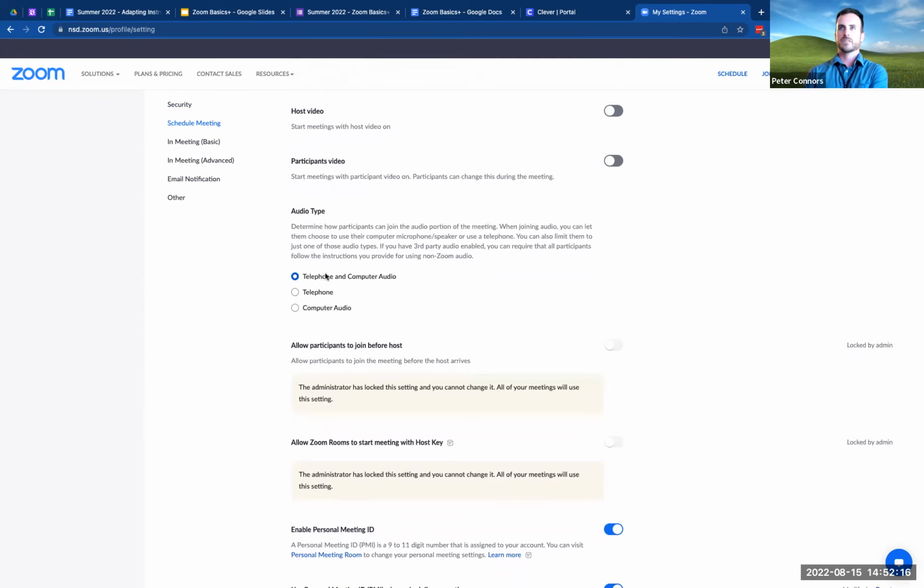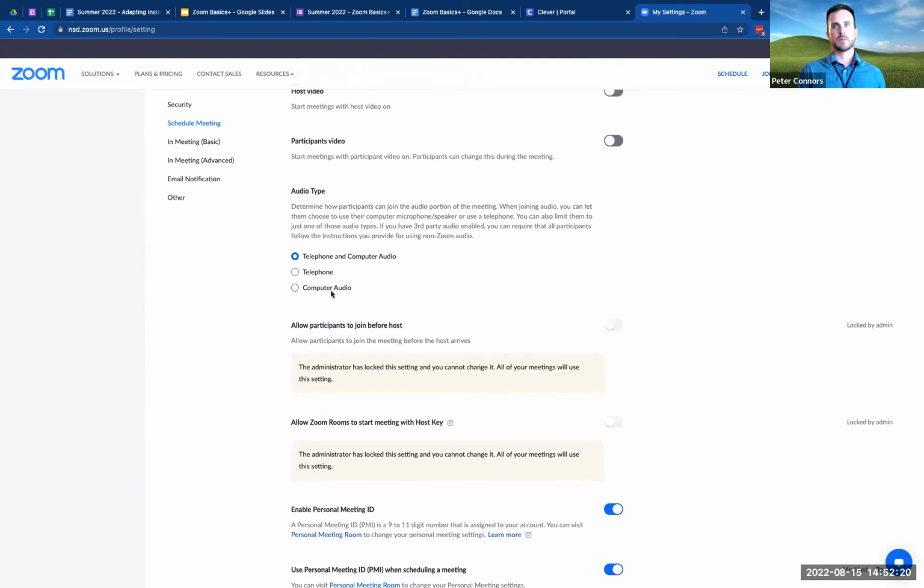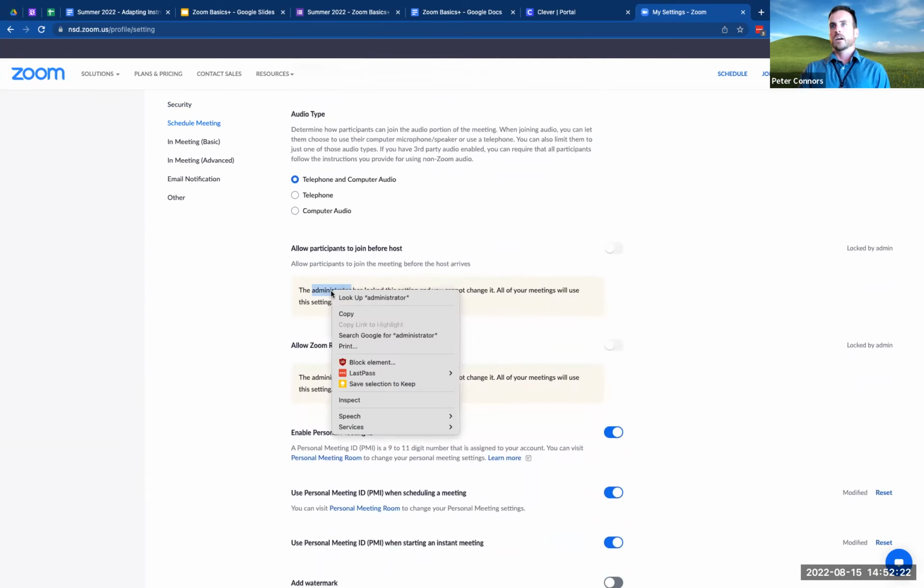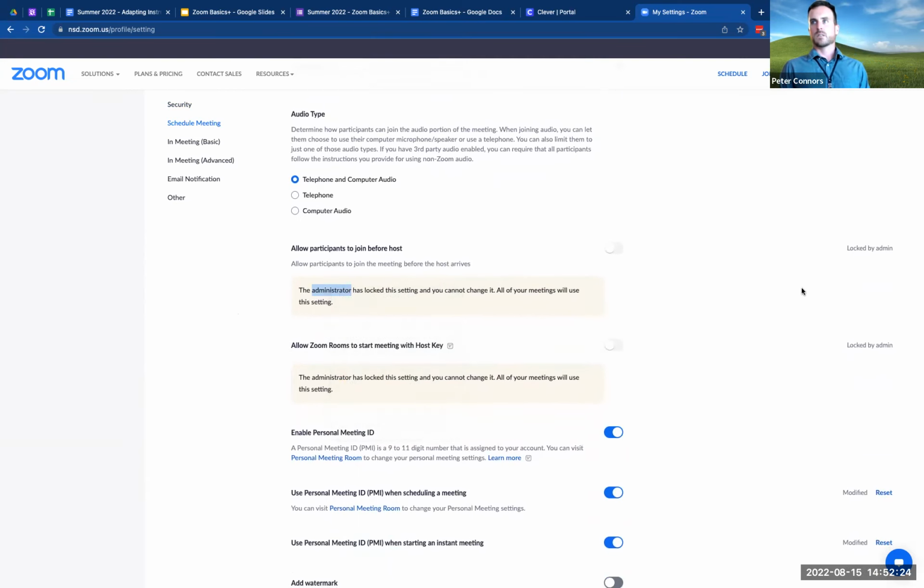Audio type, I would leave it as telephone and computer. I don't think you'll have many people call into your meetings, but the option is there. You'll see there are some things here that are locked by the admin, so allowing participants to join before the host. That's one of the perks of having a waiting room, or they'll just end up in a space where it says the host hasn't yet started the meeting.